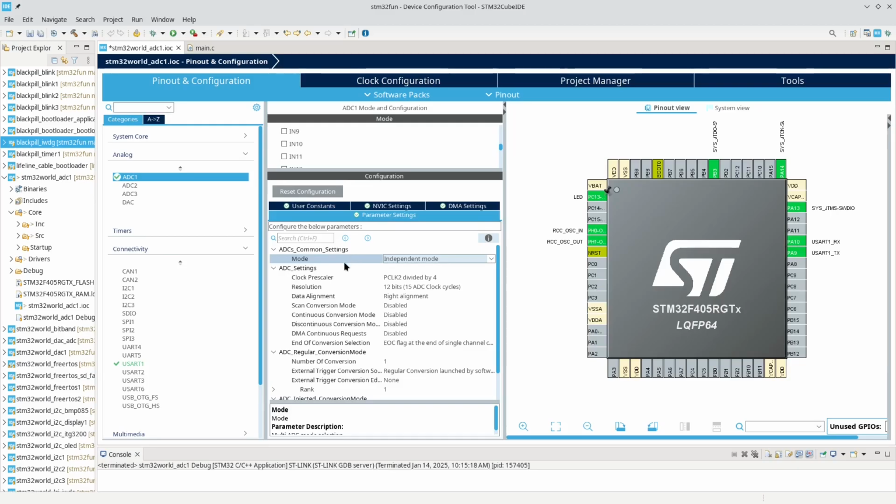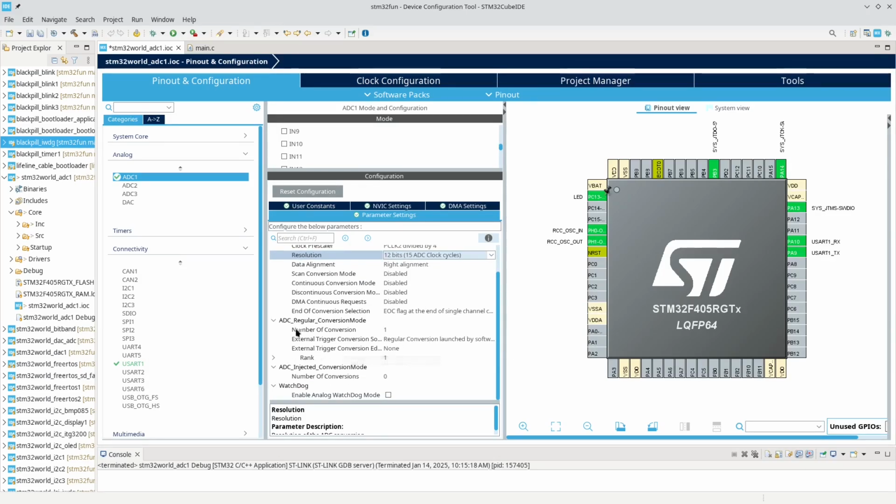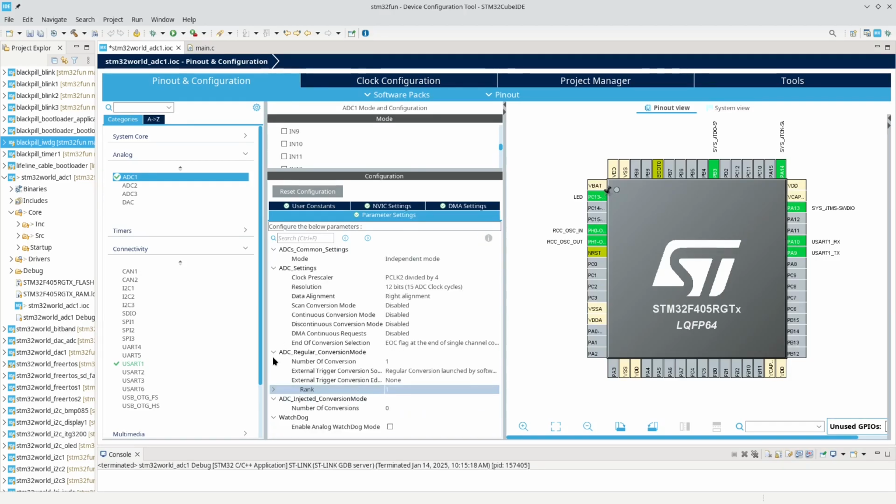We will be running the ADC in independent mode. We will run it as fast as we can. That is the prescaler, the clock divided by 4. We will measure 12-bit. That is the full resolution. We can turn that down if we are less interested in precision. And we will leave the rest of these values as they are. Down here you can see the ADC conversion mode. How many do we want to do? Well, we will want to do 3 because we actually have